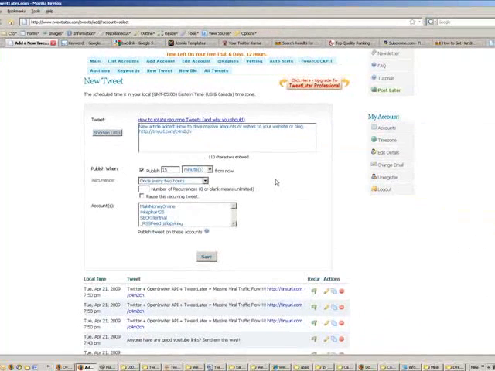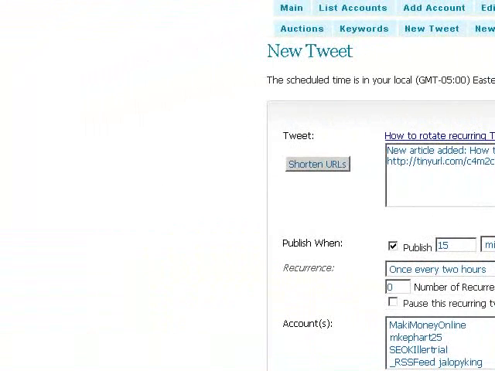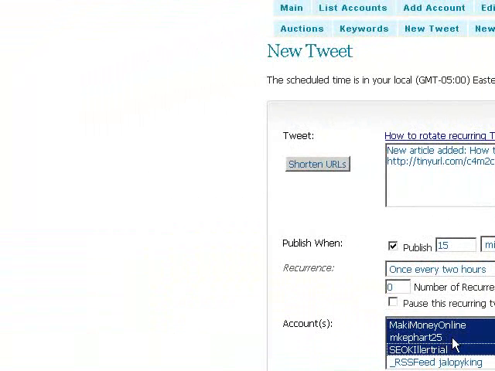Like I said, we do not want to go too crazy. We don't want to spam, and you don't want to just have one tweet recurring every minute or every hour. That's ridiculous, and people won't respect that or follow that. So you will not build up a growing list of followers quickly. So what we're going to do is we're going to add 0 to this. So that means it's going to be a recurring automatic tweet forever. That's unlimited. And then I'm going to go ahead and add this to every one of my accounts, which